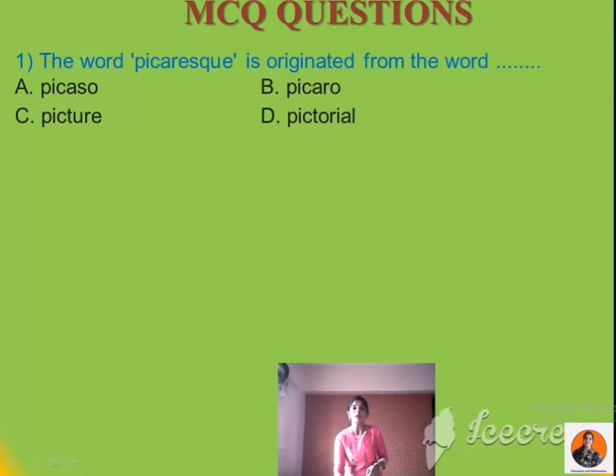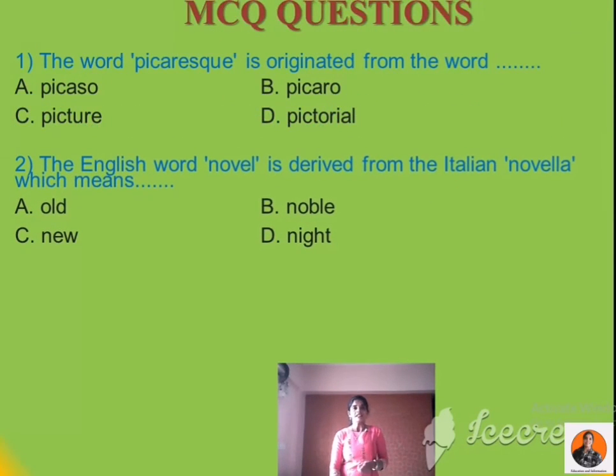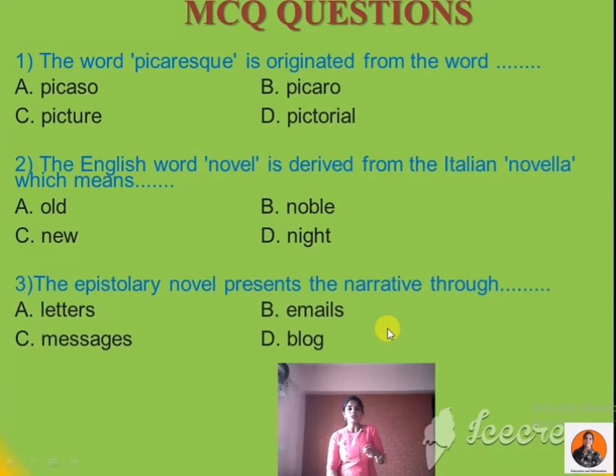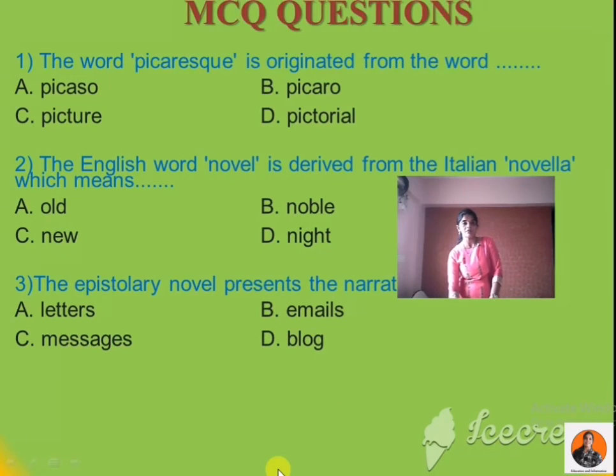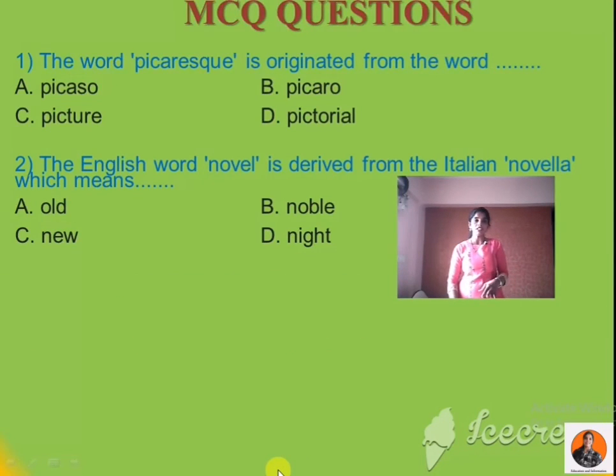Okay, the first: the word picaresque is originated from the word... Any guesses? If not, just go back to the video or open the textbook and find out the answer. Now the next: the English word novel is derived from the Italian word novella, which means... Do it very fast. We only discussed this a few minutes ago. Third one: the epistolary novel presents the narrative through letters, email, blog, message. Find out. And the fourth one,